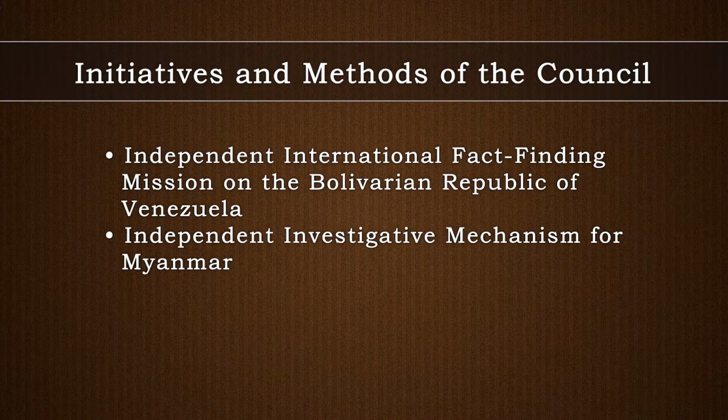These investigations are supported by the Office of the High Commissioner for Human Rights by providing administrative, logistical as well as security support and expertise. Till the year 2020, 31 such commissions and missions have been created by the Council, with 7 currently active. These are Independent International Fact-Finding Mission on the Bolivarian Republic of Venezuela, Independent Investigative Mechanism for Myanmar,